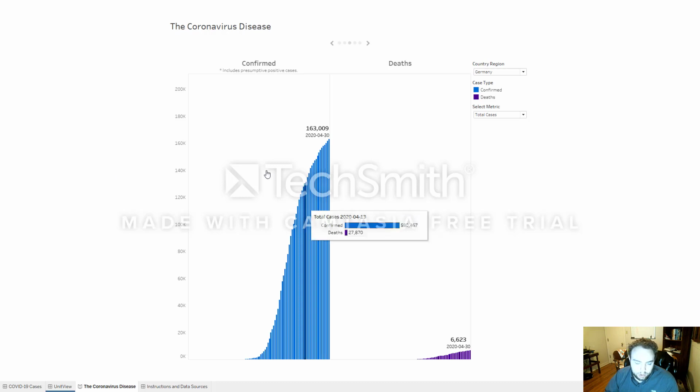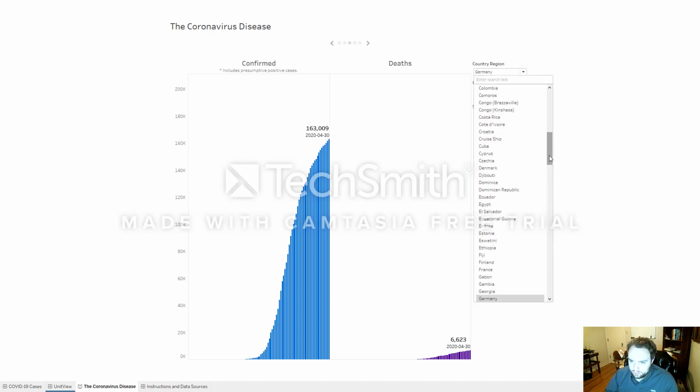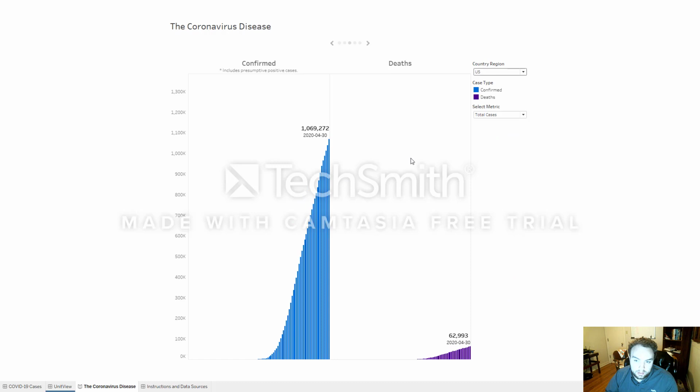Also, if we go a little further, we can look at which countries have actually flattened the curve. The United States has enforced certain lockdown procedures, but as many people know, the United States doesn't always follow, and people tend to do what they want, so to speak. And we can look at this information by comparing the United States in total cases at this point, April 30th, which has reached